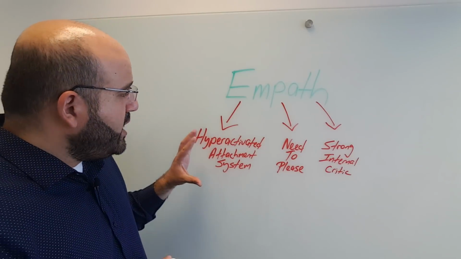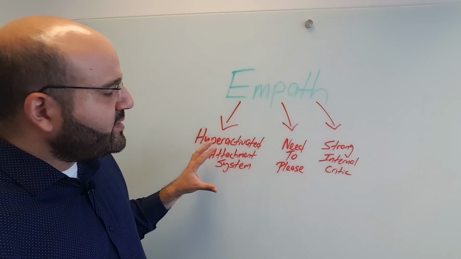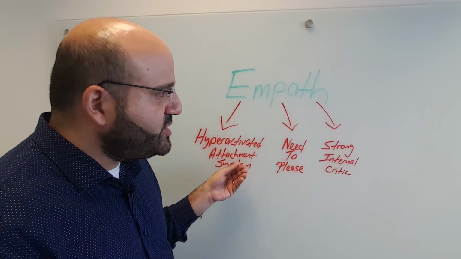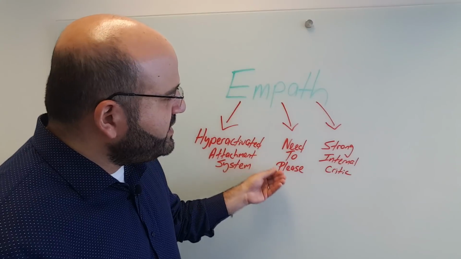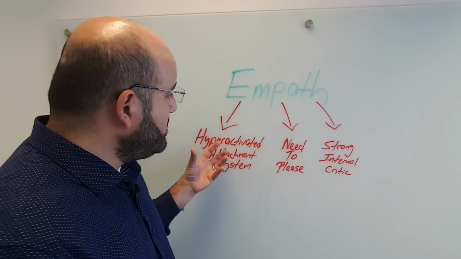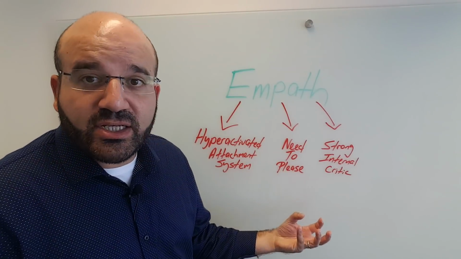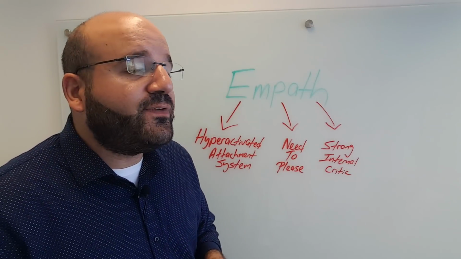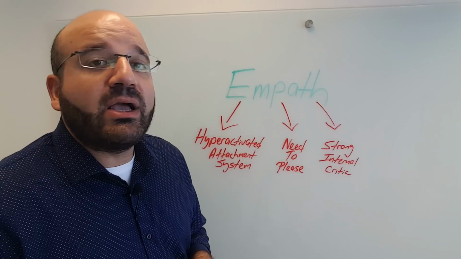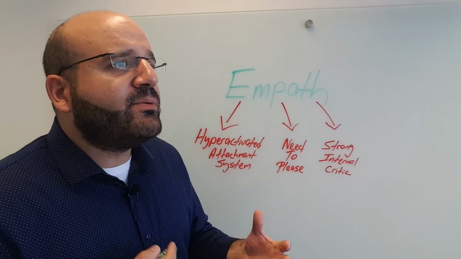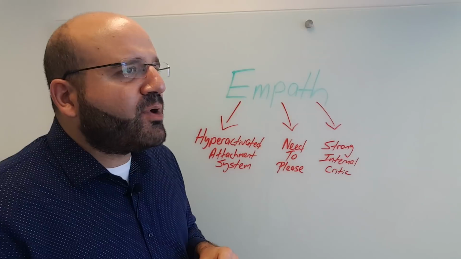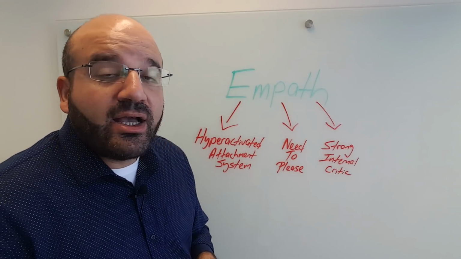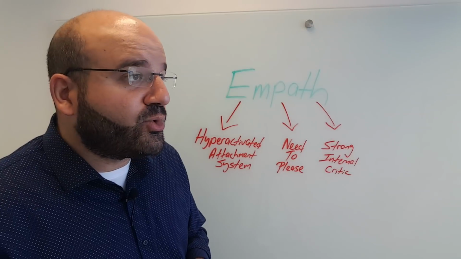Now, in the relationship with the narcissist, not only is there a hyperactivated attachment system, but all of these three systems come online very strongly. So the need to please, the need to be agreeable, the fear of upsetting the other person, the fear of, how am I coming across? There's a lot of self-monitoring, which also leads to a strong triggering of the internal critic, or the internal judge,